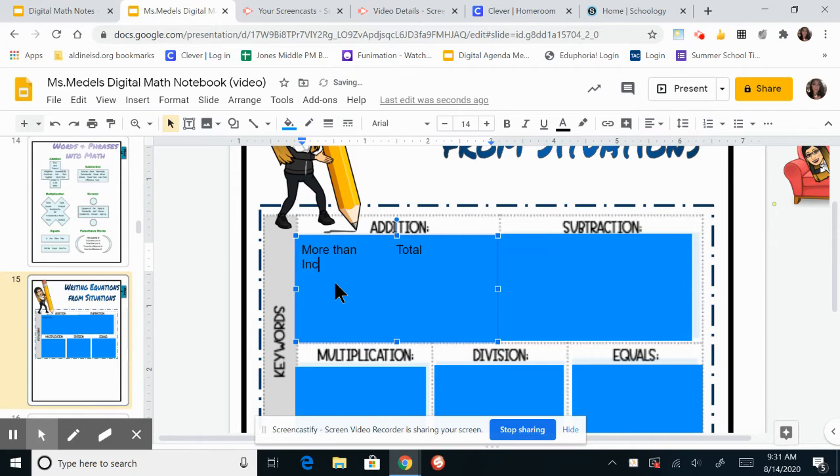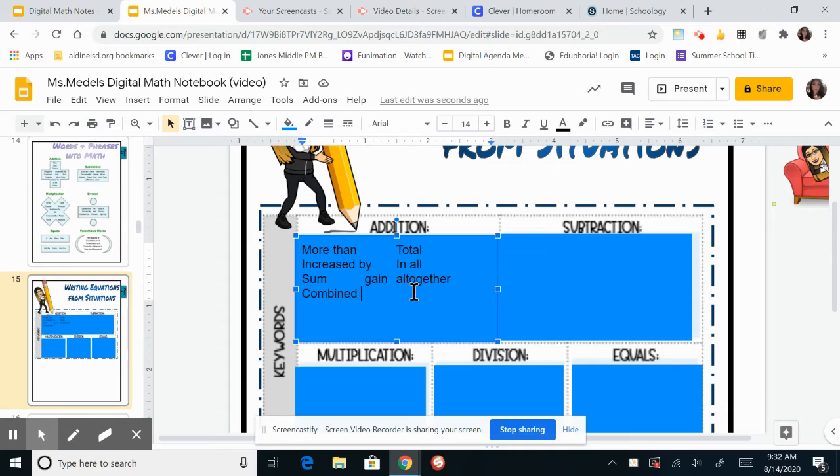We have words like increased by, in all, sum, gain, altogether, combined, and any word that you can also think of. We can add in here of addition. This is not the only words. These are just some of the